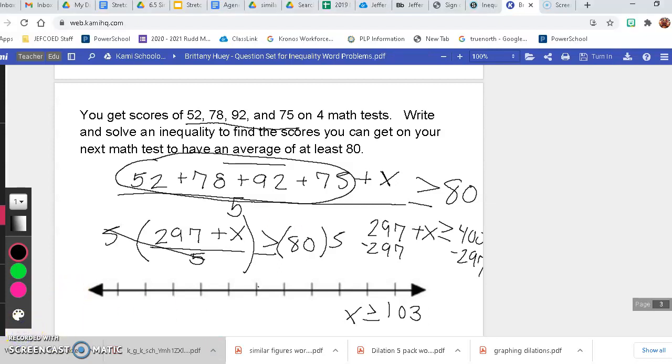Alright, we're going to graph this with a dot, 103. And so, if x needs to be greater than, in this case, we're going to shade this way. Now, thinking about this logically, guys, really and truly, you can't